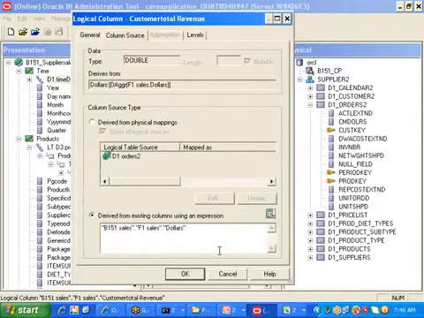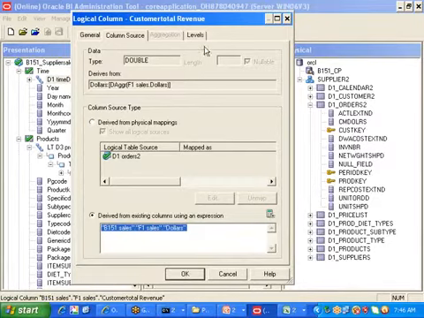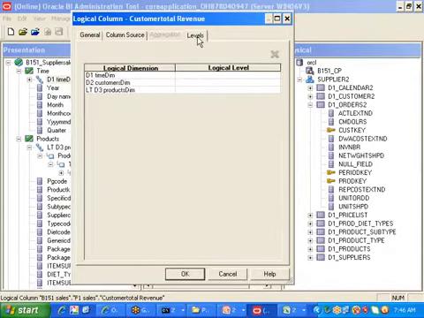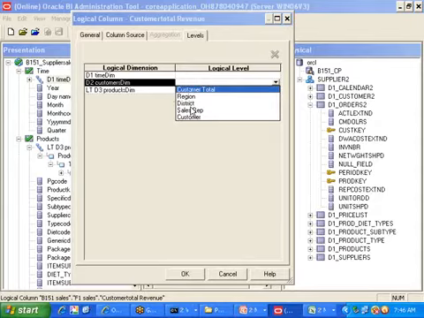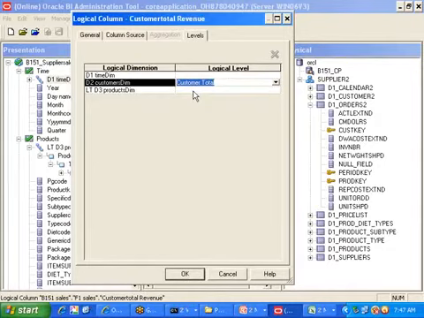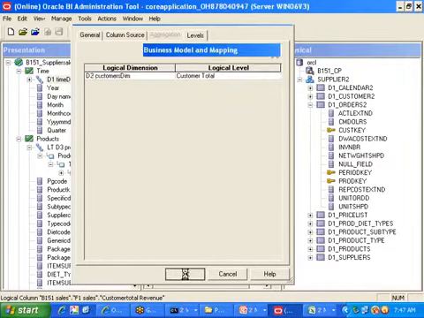If you do like this, this column is a normal column only, right? Okay, but this column needs to be calculated always at one level. That means you need to assign this to where, sir? One level. At what level do you want to calculate this one? Customer dimension level, sales rep level, district level, region level, or grand total level? What do you want the denominator to populate? Grand total, right? That is customer total. That means for total customers, what is the information you want? So now I created it like that, click on OK.